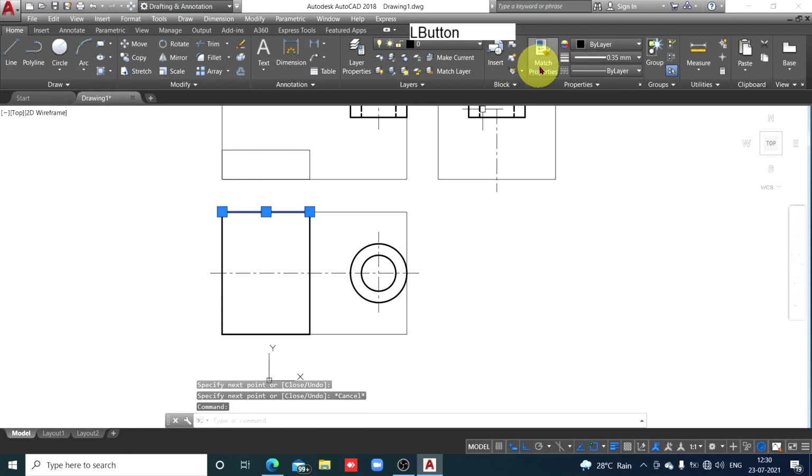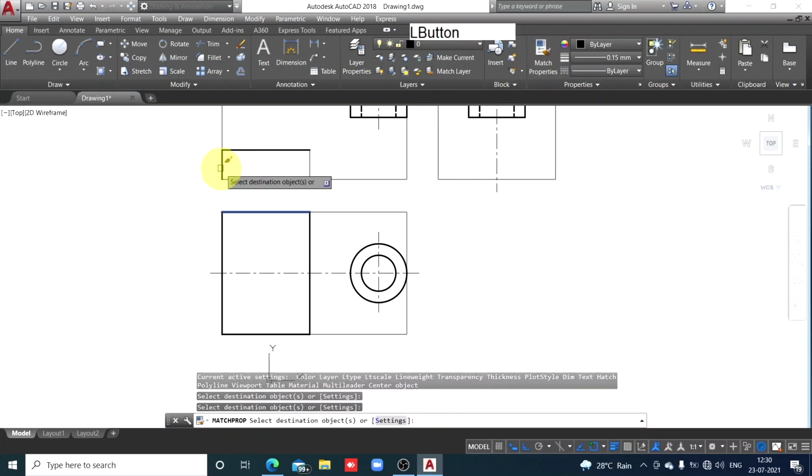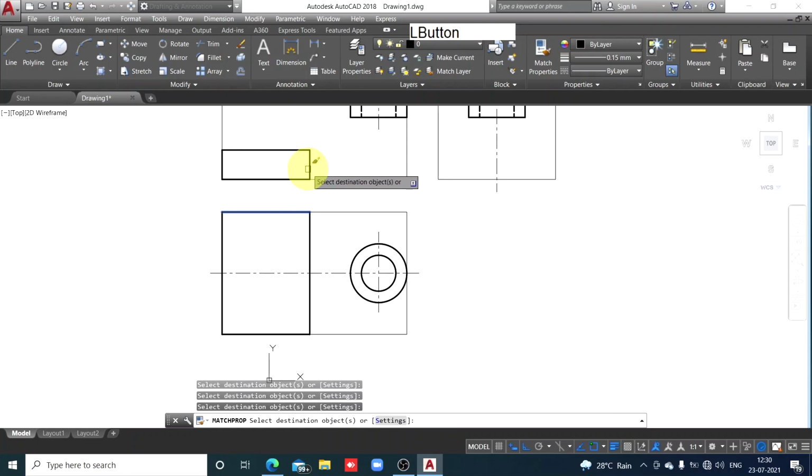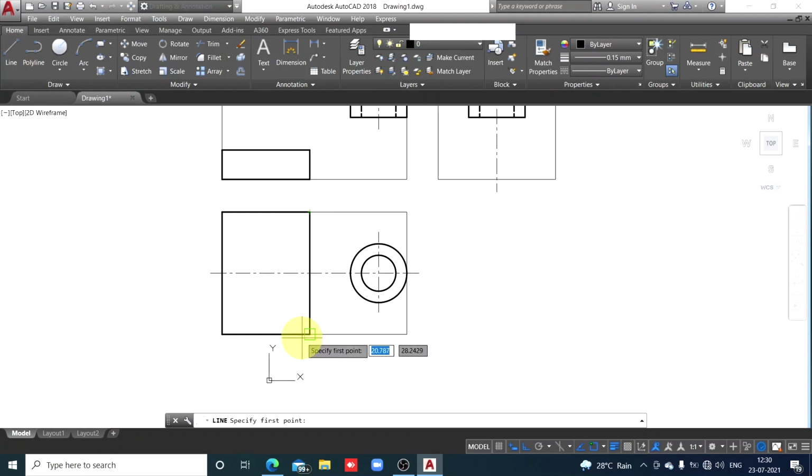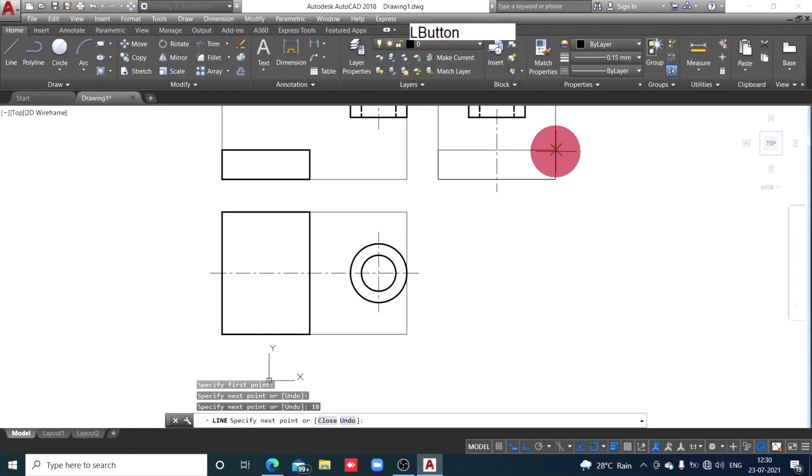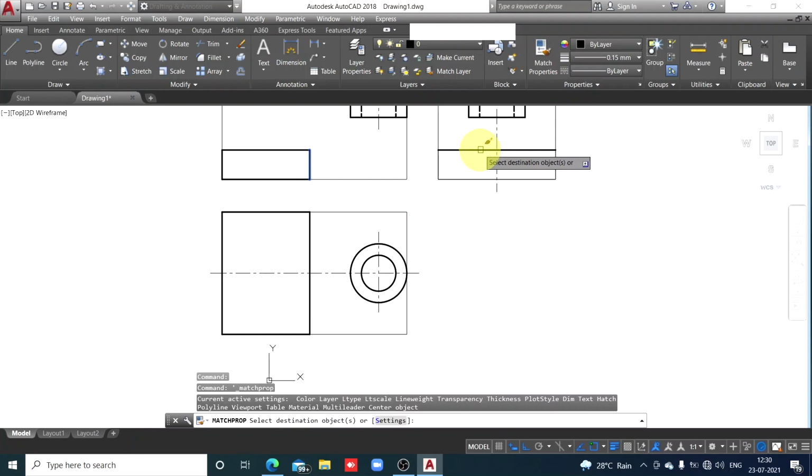Check here, match properties. Now again line. What is width vertically 75 in the top view, width here horizontally 75. So that is width, height 18, enter, and then complete that rectangle. And now match properties, click here, match properties.